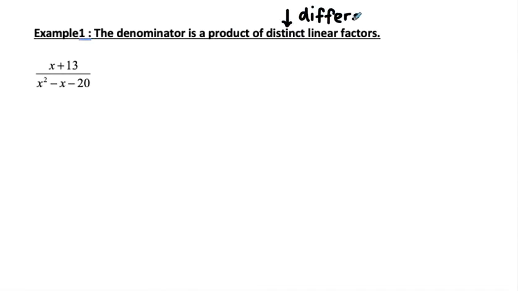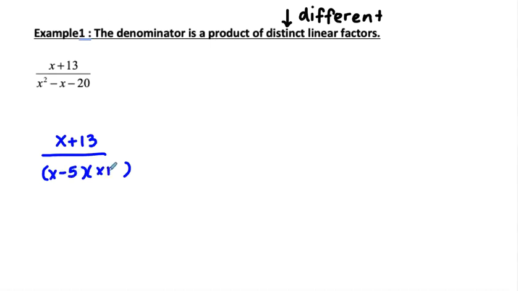There's no repeats. All right, so here I have this rational expression, x plus 13 over x squared minus x minus 20. The first thing I need to do is get my denominator as the product of linear factors, so I need to factor it. So that's going to give me x plus 13 all over, let's see, if I factor that, that's going to give me x minus 5